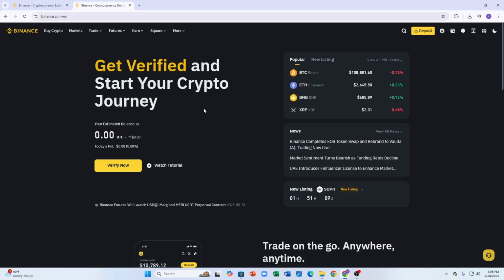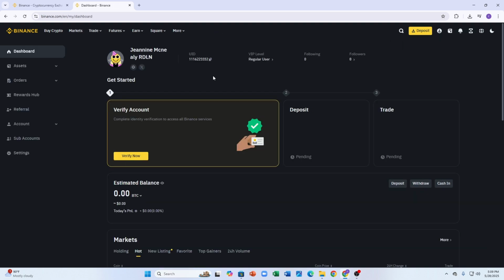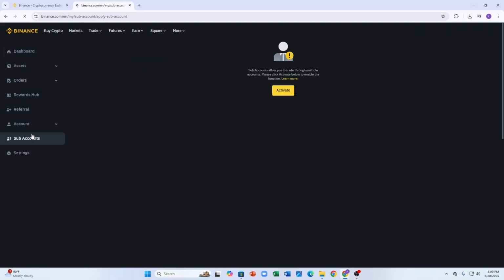And after coming here, as you can see the interface of Binance, you can also log in via your mobile application of Binance, and after that you have to select your profile here, and of course after logging in, here you can see the dashboard, assets, order, reward hub, referral, account and sub accounts. You have to just simply select